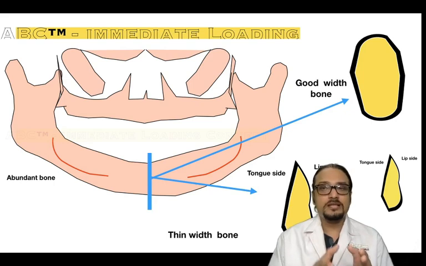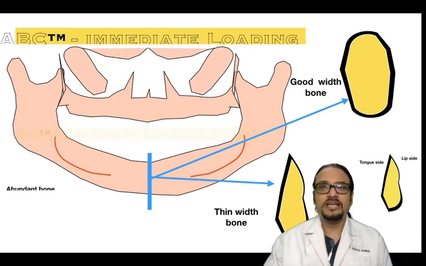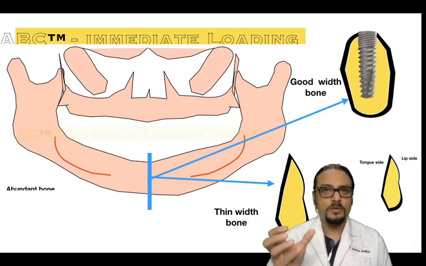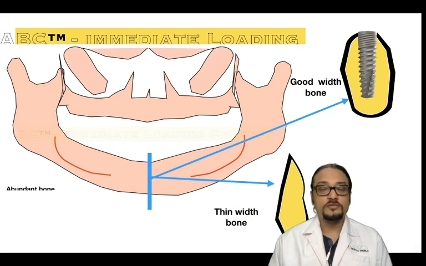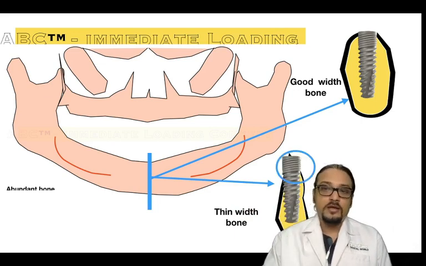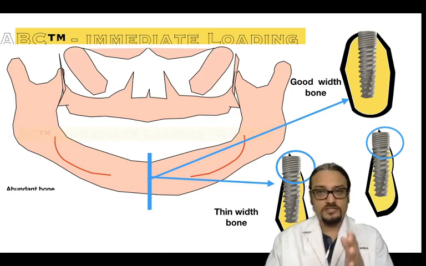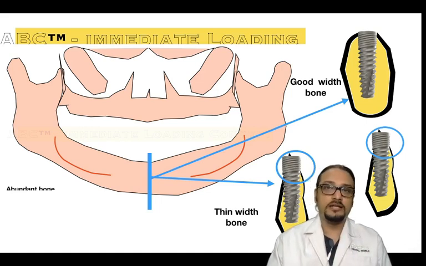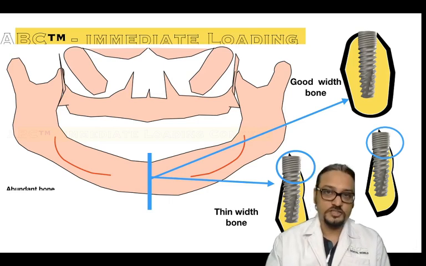Now this blue line is representing two possibilities. Either the patient has a very good bone width, or a very thin bone width. If it is a good bone width, no problem, the patient can easily receive good normal two-piece dental implants. It is wide enough. But the problem happens when the bone is very thin. The two-piece implants or wider diameter implants cannot be placed. It leads to exposure of the implants at the corner, and that's where bacteria attack, and it causes peri-implantitis or implant peri-infection.